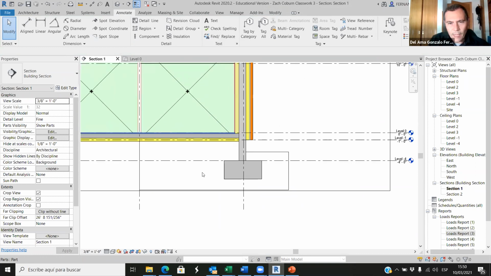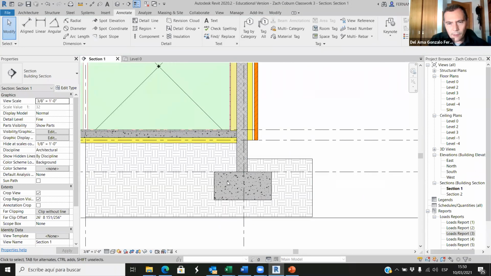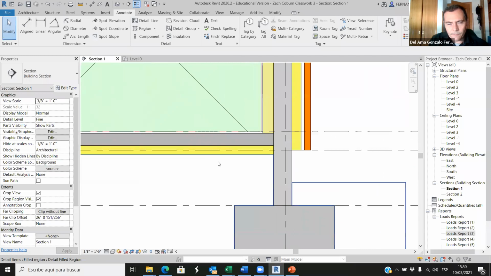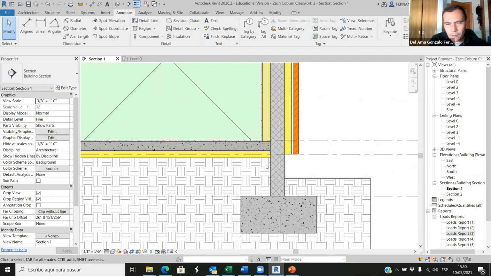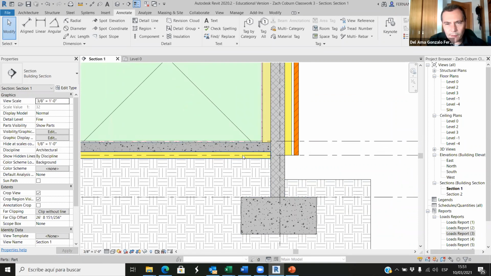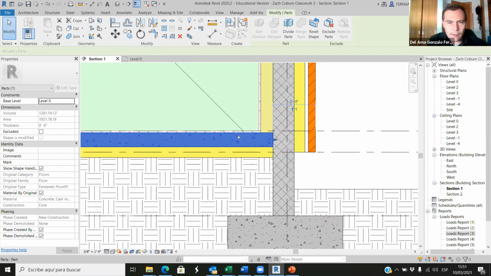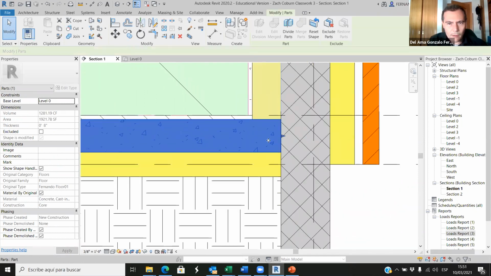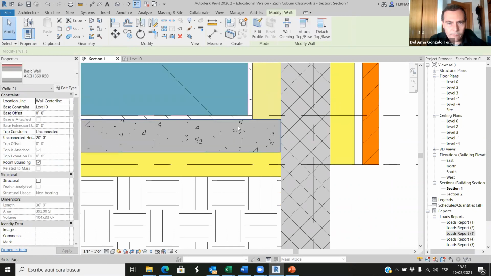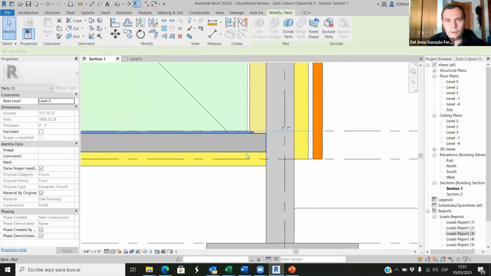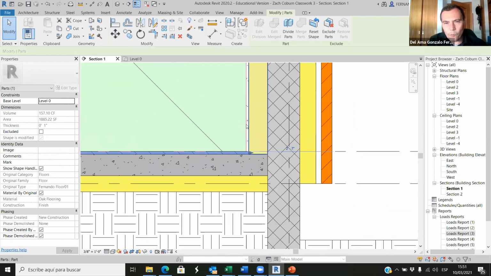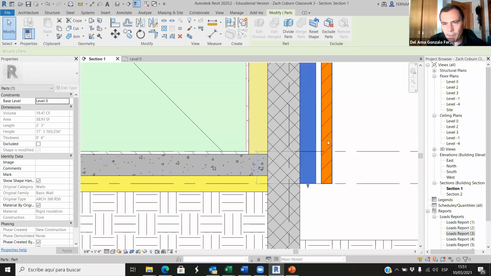So that's nice because we have earth here, the footing, the, well, if we should have aggregates here, but okay, that's fine. We have the rigid insulation on the soil, and then there's a concrete slab here, and this is the flooring. This one, this is the flooring. This is the gypsum wall, cellulose, concrete masonry unit, rigid insulation, air cavity, and